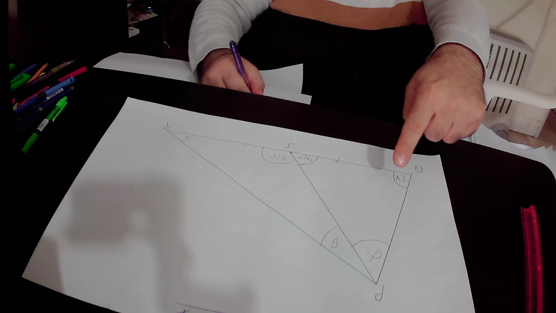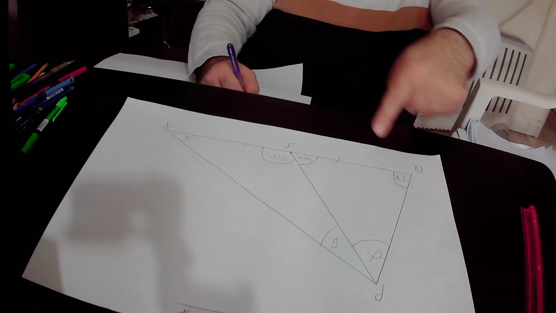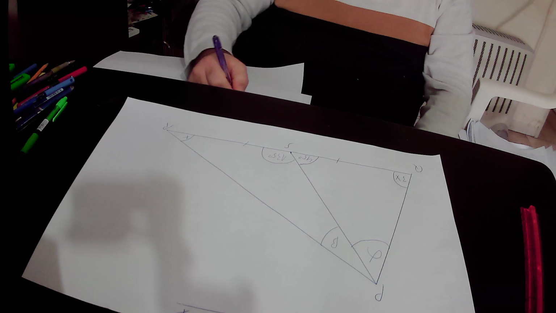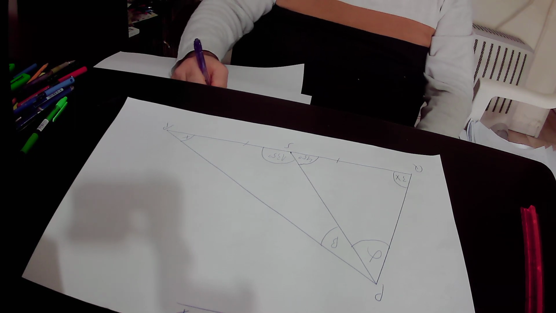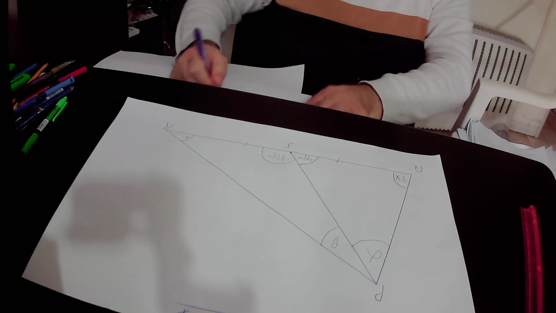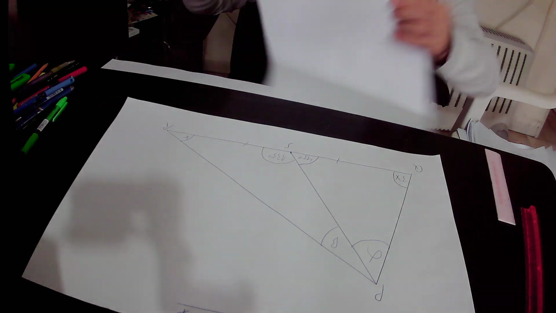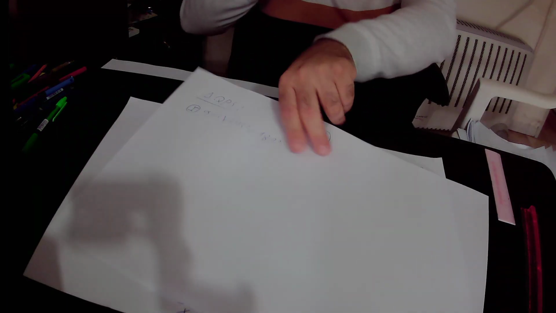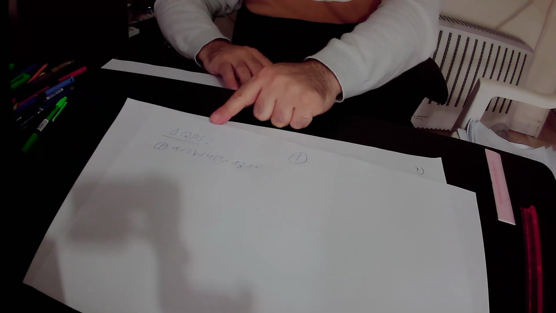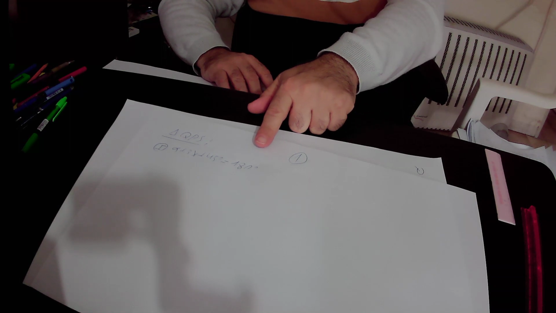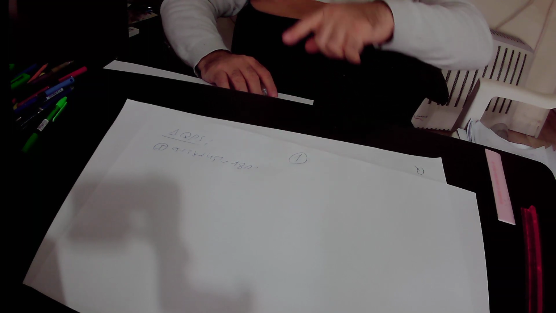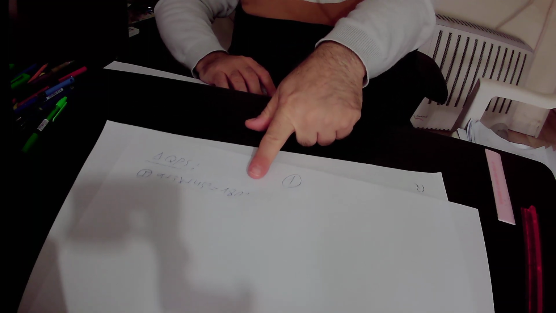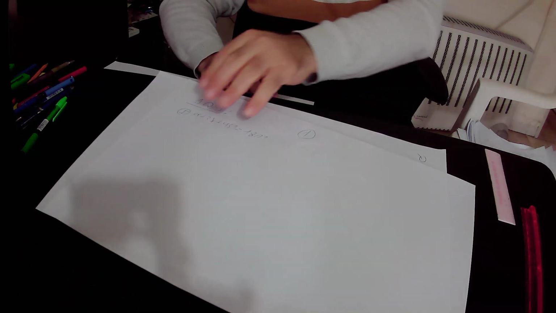That is to say, alpha plus 3x plus 45 degrees must be equal to 180 degrees. I'll repeat again. The sum of the angles in triangle QPS must be equal to 180 degrees. Here we will subtract 45 degrees from this equation, equation number 1, and we will get that